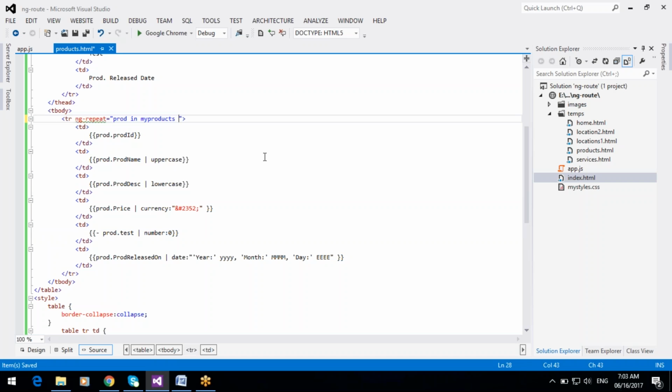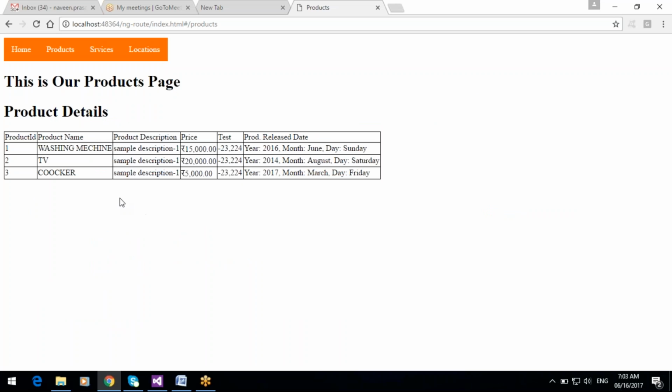So here we can provide the pipe character in the ng-repeat, and order by product name, the column name. So ascending order: C first, then T, and finally washing machine.